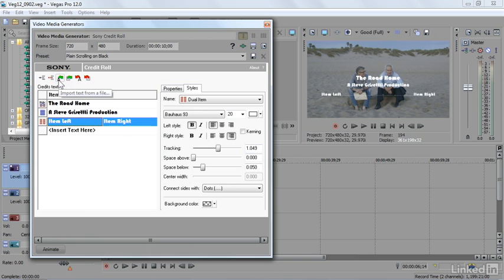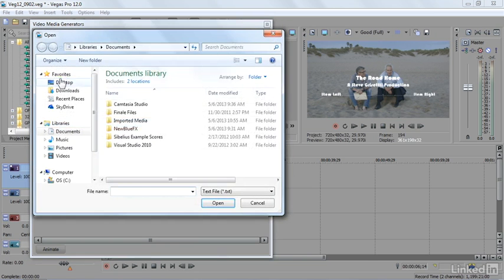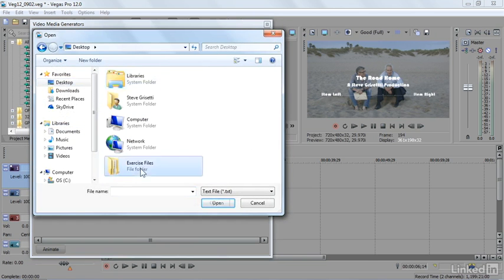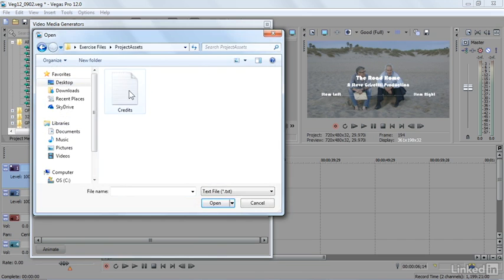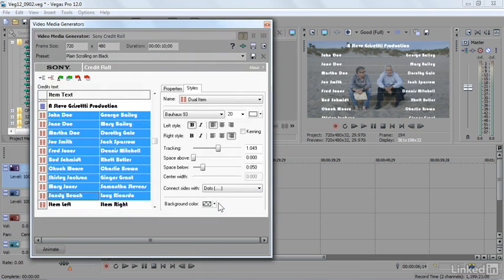Now what I have for a text file is a TXT file. It's not a Word doc. It is a plain basic TXT file with a tab in between the name of the character and the name of the actor. Now I could just click to select that, and if I go out here to where my exercise files are in my project assets, there it is. It's just a TXT file called credits, and I'll open it up, and when I do, it automatically imports all